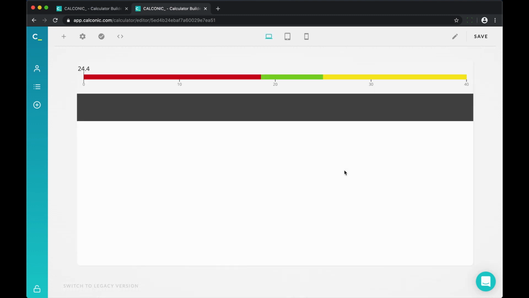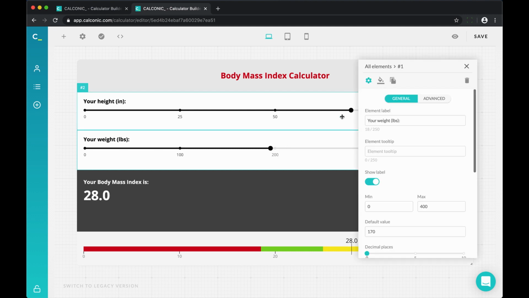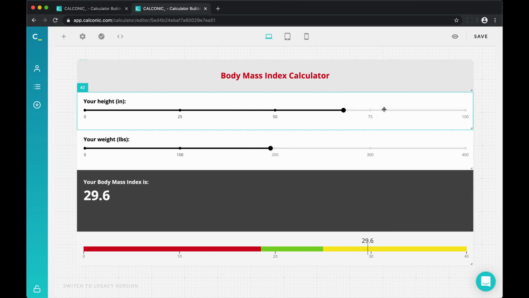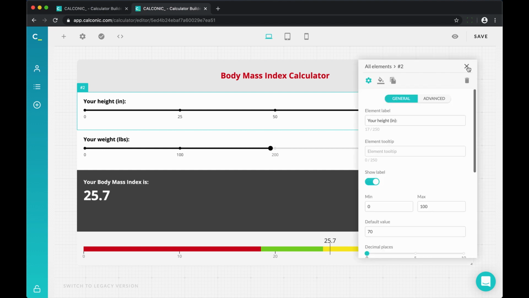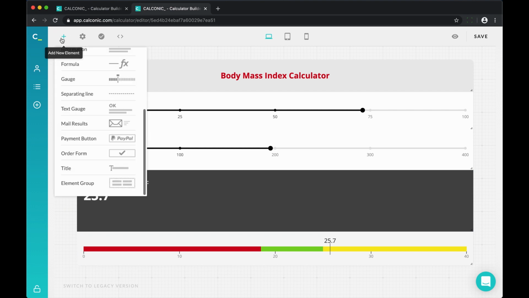And later on, using text gauges, you can move even further and add more information, so show more segments. The information in there will be provided as plain text, but it can be more personalized to each visitor using the calculator. And let's say my user gets into the yellow range by a few pounds, so should they be worried or is it not worth worrying at all? So here I want to add more segments that will let each case know that this information is directed specifically to them. And again, when I add a text gauge, I create more segments with smaller ranges and information for each range.